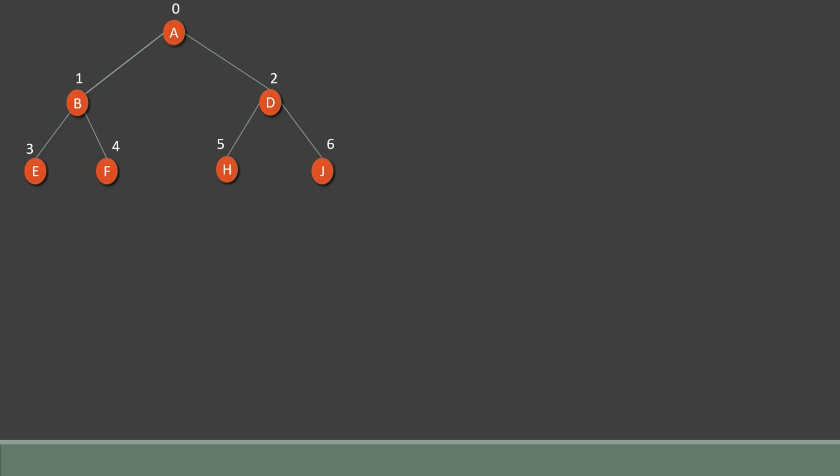So you can see that I have numbered each and every node from the left to right starting from 0. So the root node is starting at 0. Then the left child 1, right child 2, then again 3, 4, 5 and 6. Now let's represent the same using an array. So this is the array as follows, in which the node A is at index 0, node B at index 1, node D at index 2, and other nodes at the other indexes as specified in the diagram.